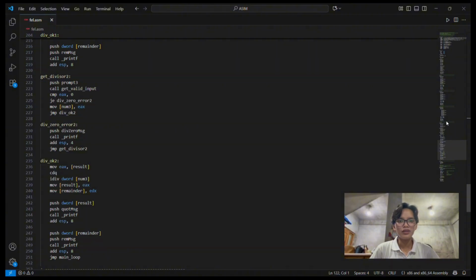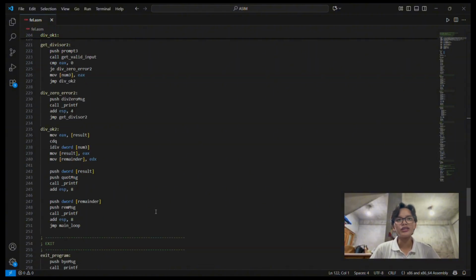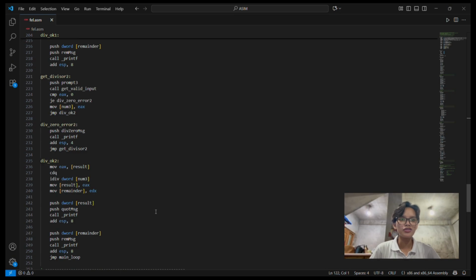So the get_valid_input function is one of the key features of this project. Every time the program asks the user for a number, it checks if the number is within the valid range. If it's less than -99 or greater than +99, the program shows a range warning message and prompts again.